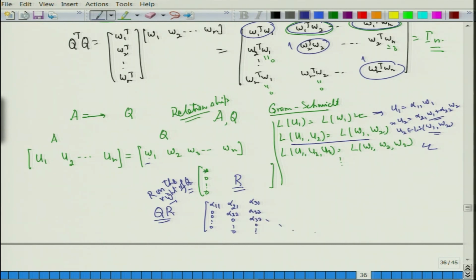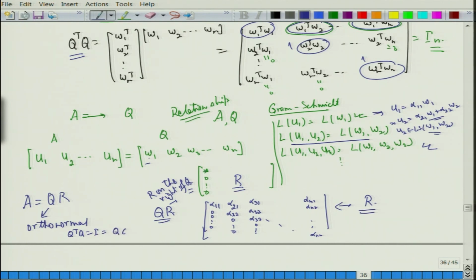In general, at the last stage I will get alpha NN and alpha N1, alpha N2 and so on, fine. So this is the way the matrix R is to be obtained. So what I have here is matrix A, I have got QR, Q is orthonormal, and not only that, Q transpose Q is identity,